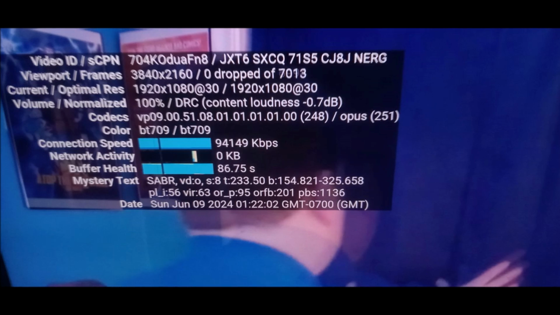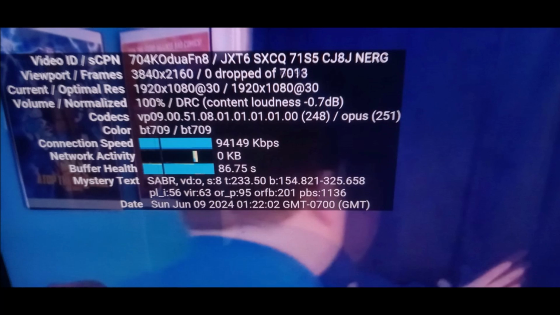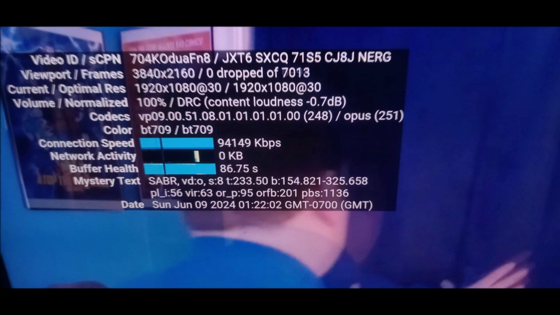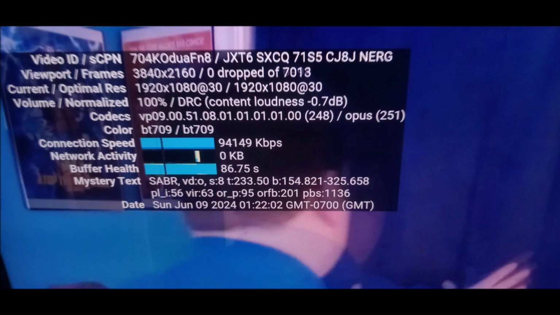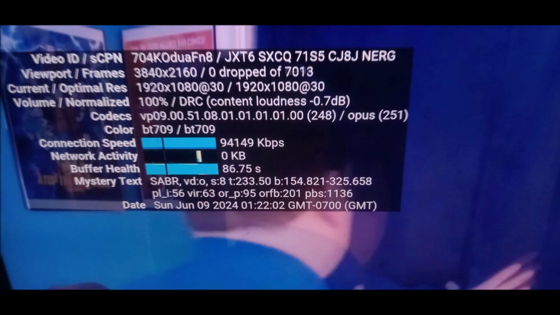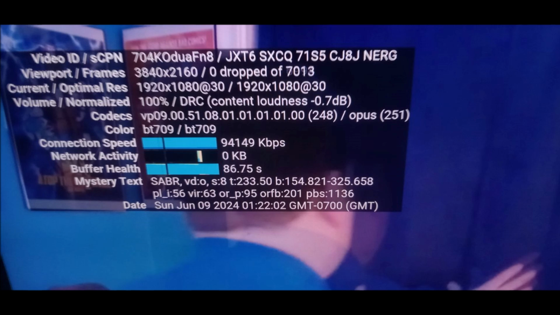And the reason there's an asterisk after the zero of the 1080 and right before the 2.00 is because they're telling you that the viewport and frames that you're watching, the screen you're watching from, is 1080, but it's been upticked to 4K. In other words, you're watching stuff from a 1920 by 1080 screen, but it's been upticked to 4K resolution. Now, the reason I bring that up is because when you look below it and it says current slash optical resolution,